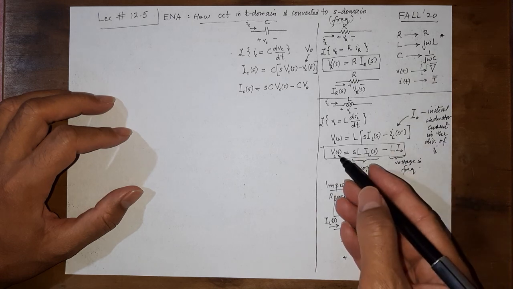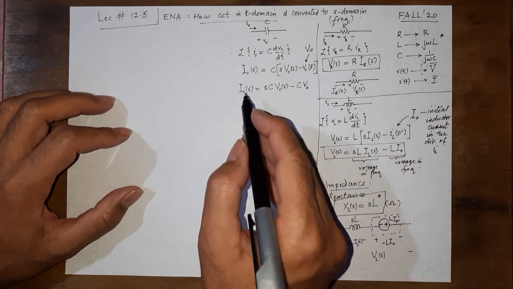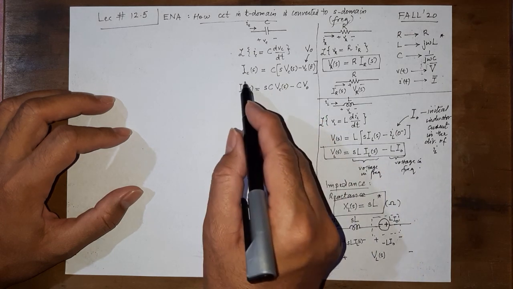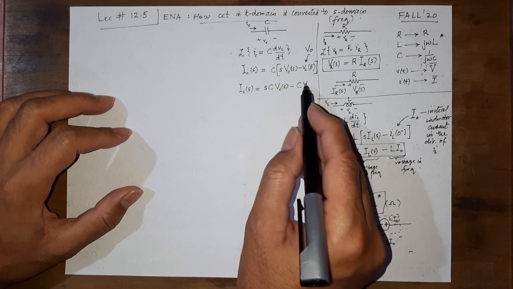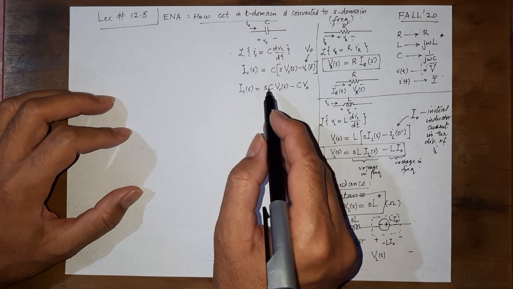However, here it was a voltage term. Here this is a current term. This is a current voltage. This is a current term. This must be a current term, and this must be a current term. So here it is an application of KCL.